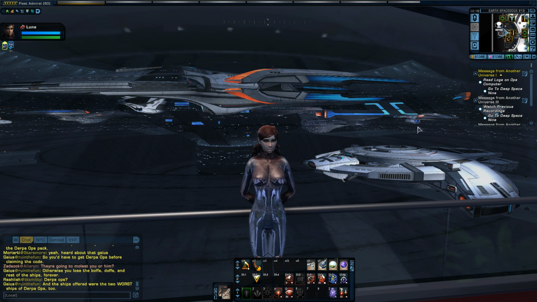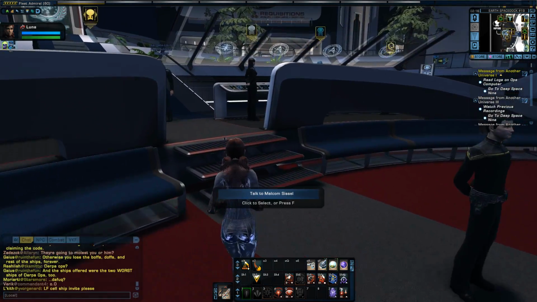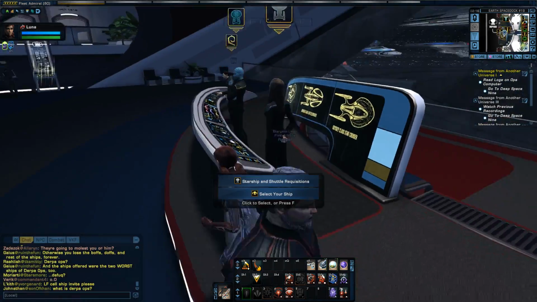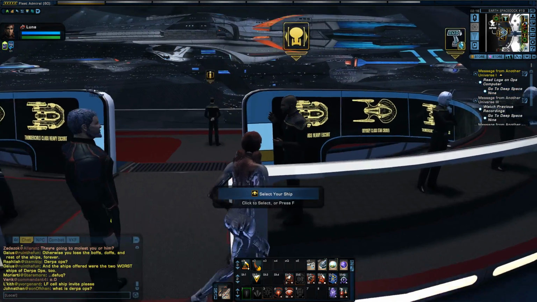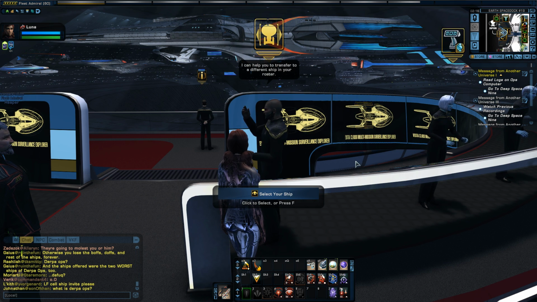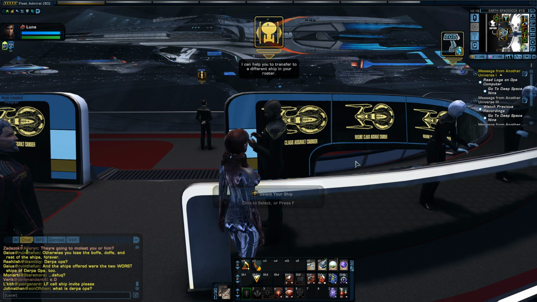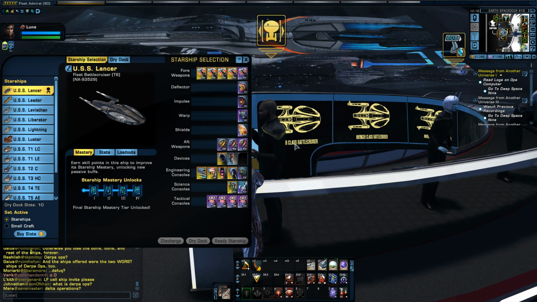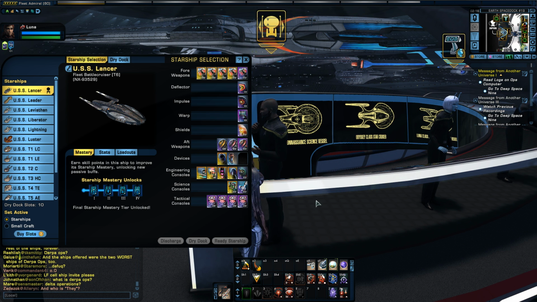Now, this feature is a new feature that allows you to store your ships in sort of an inactive state. Unlike your active ship roster, you can store them in the dry dock in an inactive state. But it's not like you have to dismiss them or reclaim them. They're still available to reactivate. So all you have to do is go talk to the ship selector,